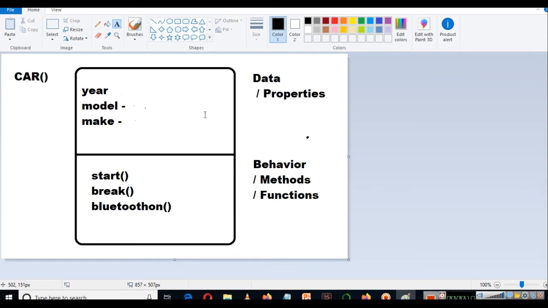Year, model and make are basically the properties of this class. Start, break and Bluetooth are the methods of this class. There's a slight difference between method and function. They are basically the same thing, but whenever we talk about objects and object-oriented programming, the term method will be used more often.